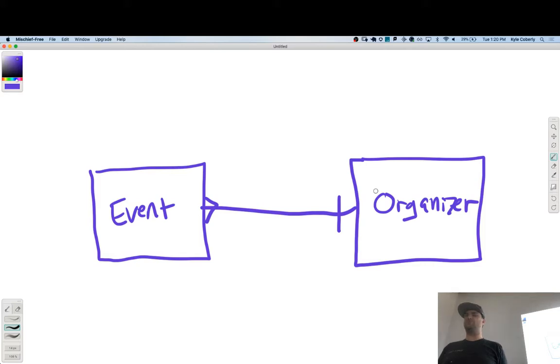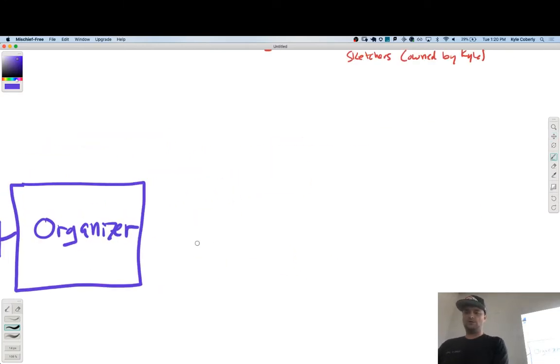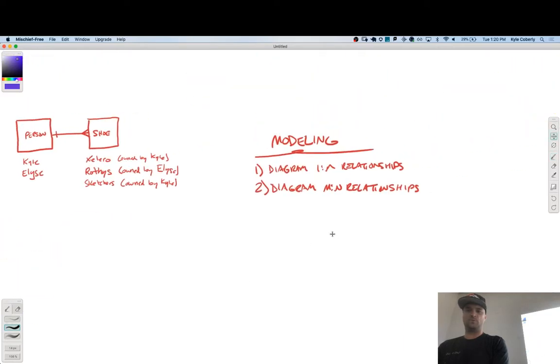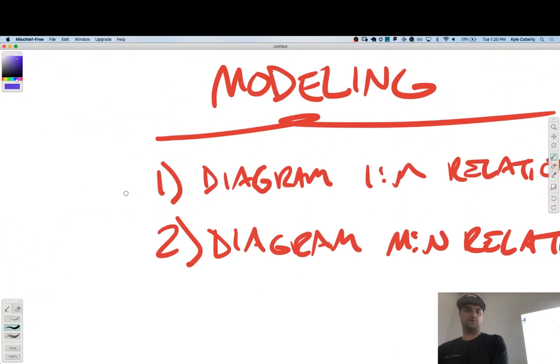Cool. Seems pretty straightforward, right? So that was, believe it or not, our first objective here, modeling one-to-many relationships. So now we're going to ramp it up a little bit. We're going to talk about